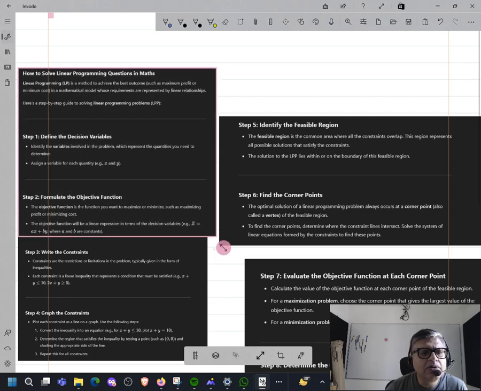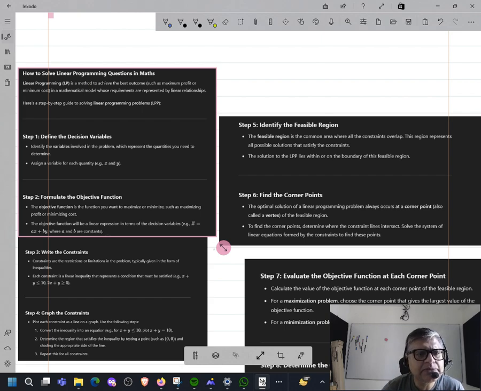Okay, now linear programming is a method to achieve the best outcome, which I was saying, maximum profit or minimum cost, right? So you can have minimum cost also, minimum loss also. It depends on the situation. So it's a technique. Linear programming is a technique, a modeling of maths, by which we are able to establish linear relationships, which means all the equations that you create are x raised to power 1, y raised to power 1. You don't create quadratic equations in this. Only linear, and hence the name linear programming.